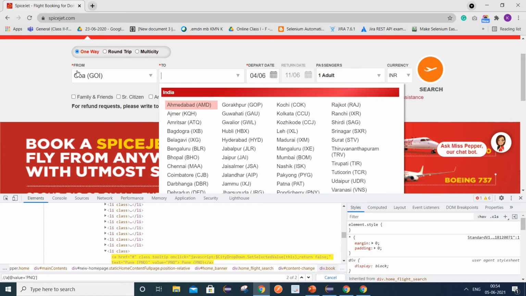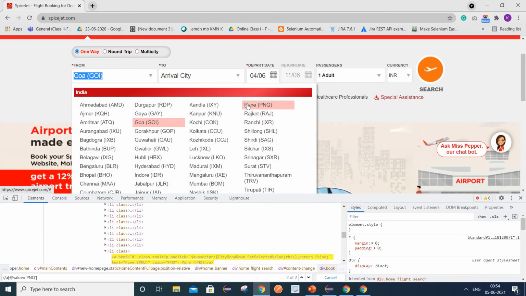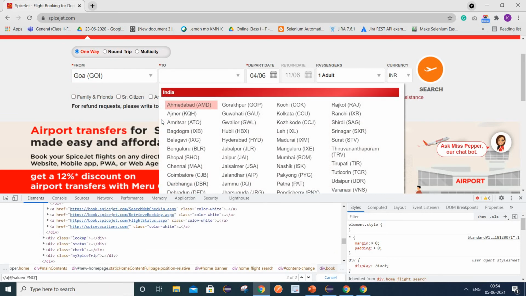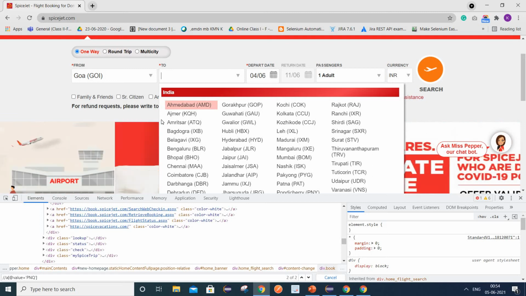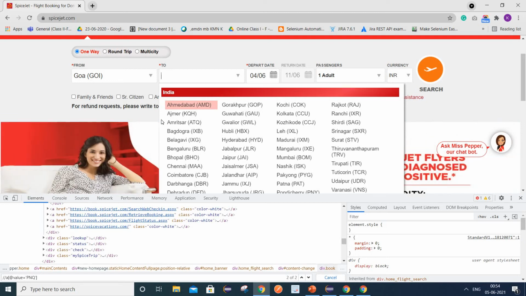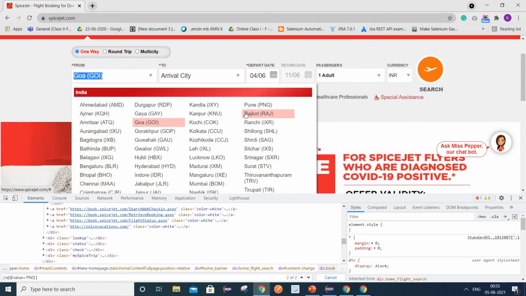But as it is scanning from the top left, it is trying to select the options of Pune which were displayed in this box, but it has now disappeared because we have selected this option here. That's why it is giving an error, because it is still trying to interact with the item which is displayed in the departure city.